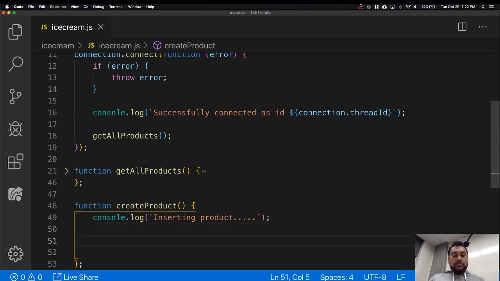It's the same method called query, and it takes in 3 arguments. But if you are inserting, the second argument is a little bit different. Okay. Now,